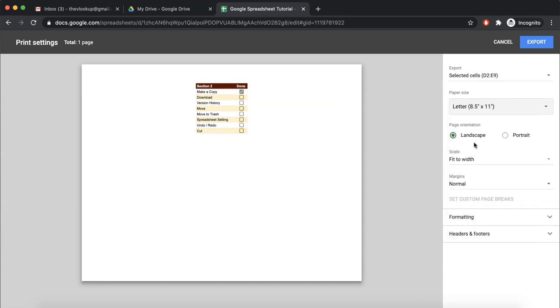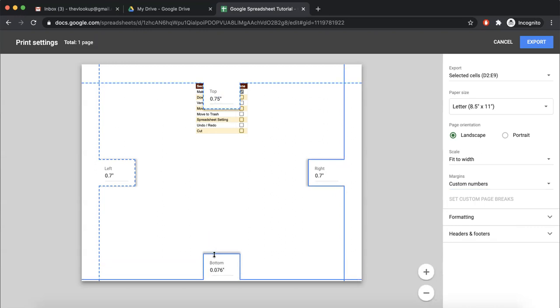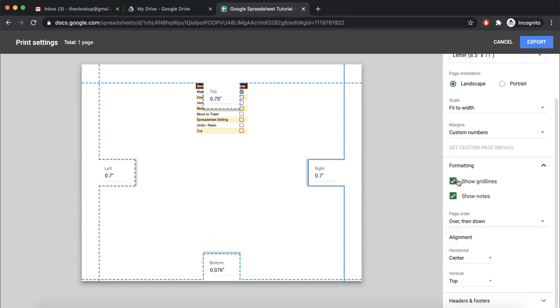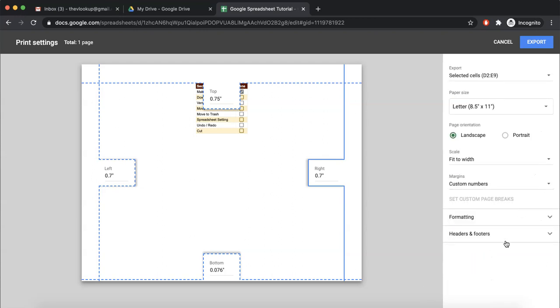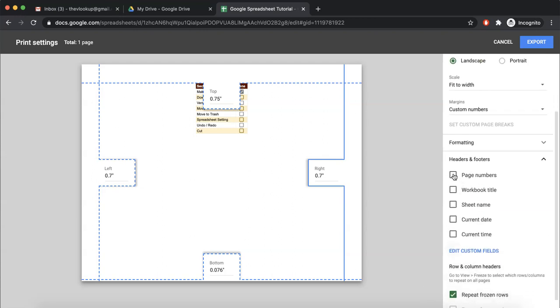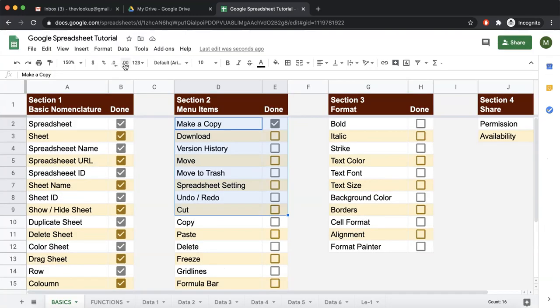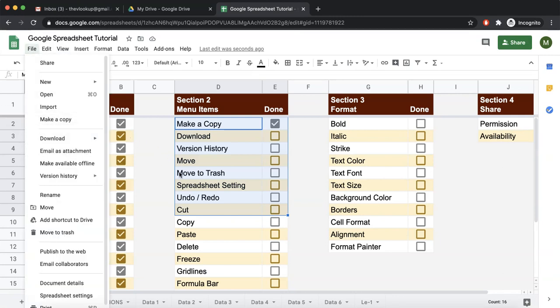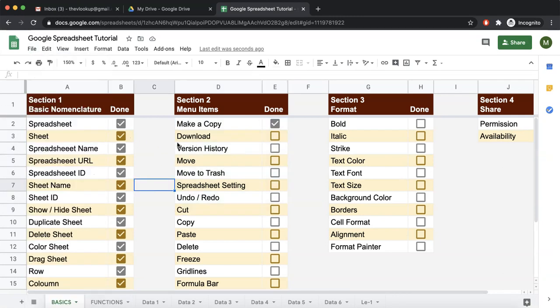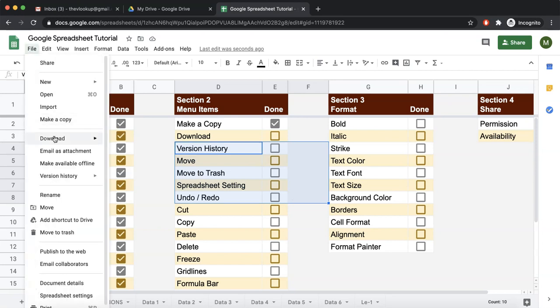Again, you can select paper size, paper orientation. There are different scales. You can just play with it. Margins, you can either choose normal, wide, or you can decide custom margins for yourself. In format, you want to show grid lines or you don't want to show grid lines. Headers and footers, you want to show page numbers on different pages. So there are different settings for converting this as PDF. But the thing was, you can download it as PDF, either one particular sheet or all of them, or even a part of the sheet, like more technically just a range. So you can select a range and download it as PDF.